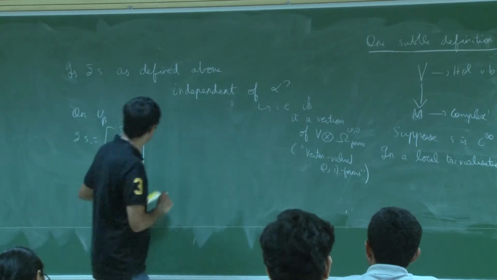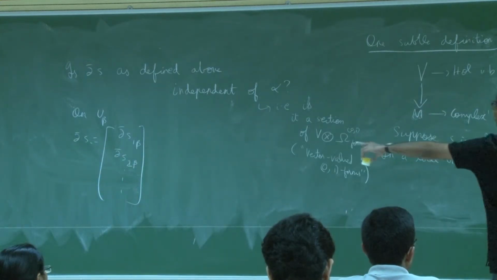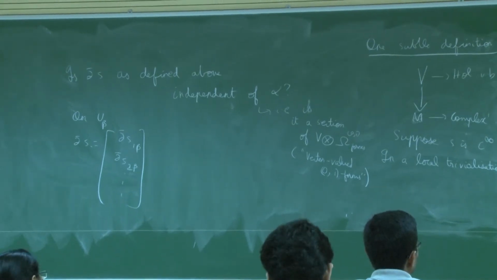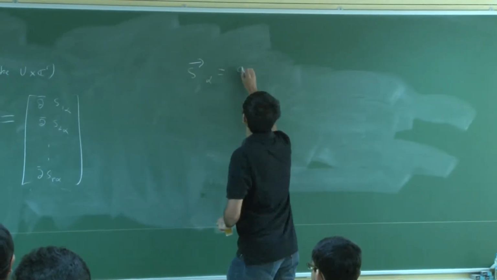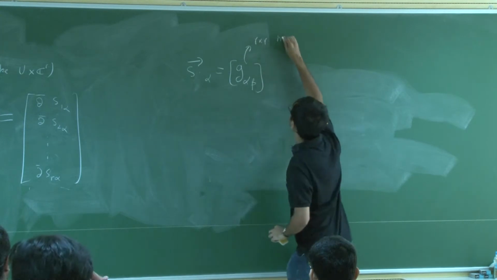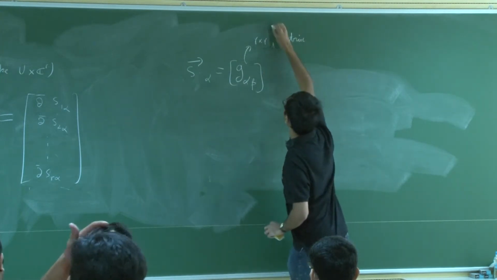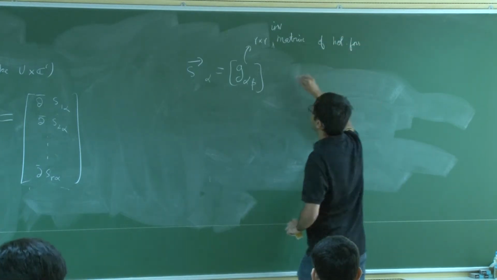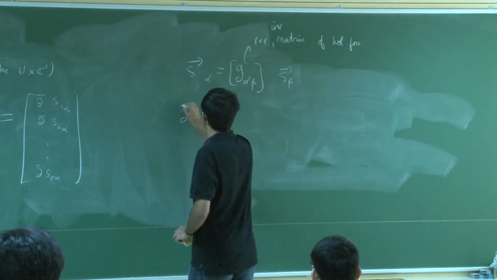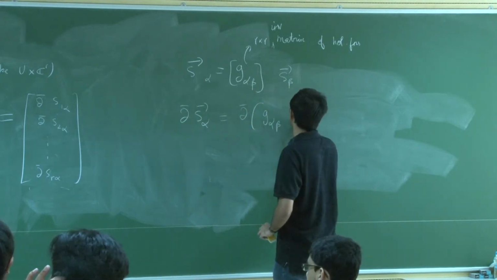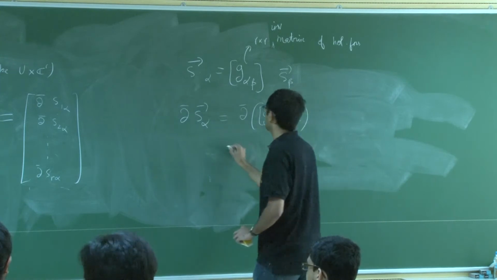Let's actually look at this. So what's the difference between this and this? You're replacing an alpha with a beta. Let's erase this for the moment. What is S alpha? It is G alpha beta, a matrix. It's an R cross R matrix of holomorphic functions, an invertible matrix of holomorphic functions, times S beta. So del bar S alpha is del bar of G alpha beta times the vector S beta,